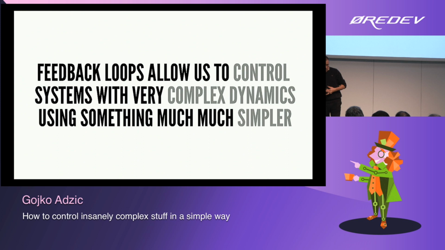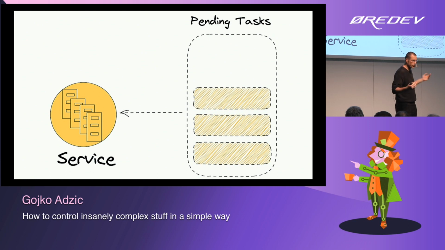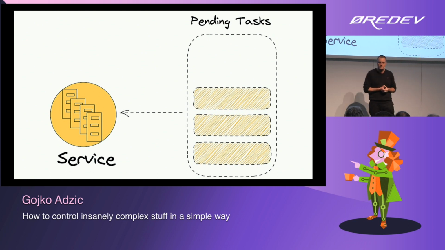This is a software conference and people are deploying stuff on machines. So let's take a very simple example. Let's say I have some kind of task queue. The task queue receives tasks. And I have some task processors that can run and process these tasks. Now, the big question is, how many task processors do I need to have? If I have too many, I'm paying too much. If I have too little, then people are waiting in the queue and we're not processing their stuff.